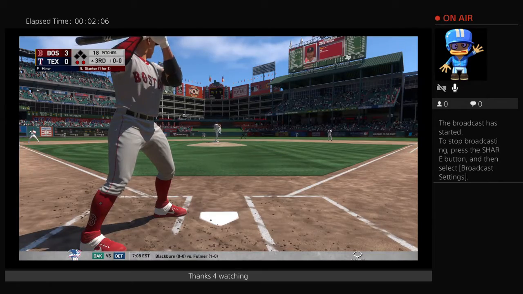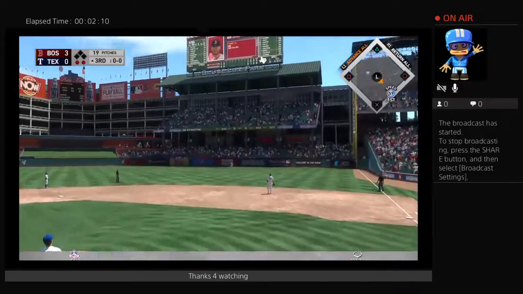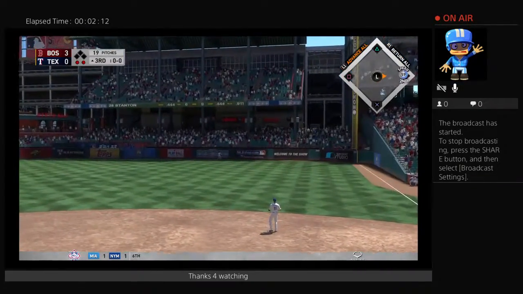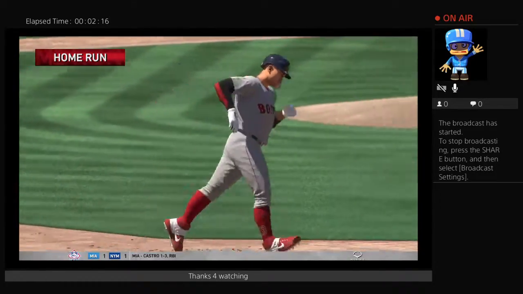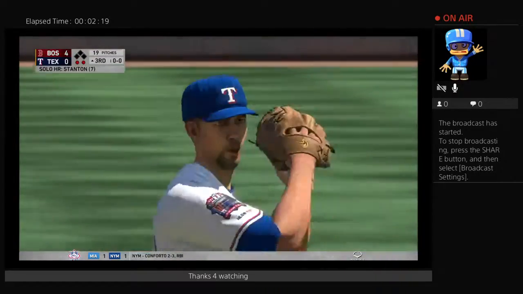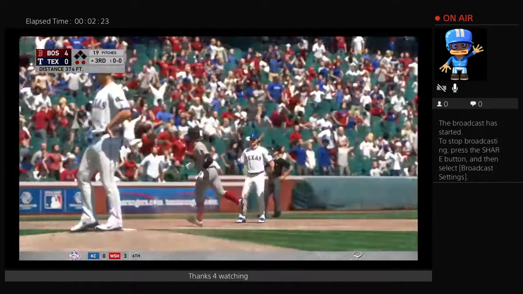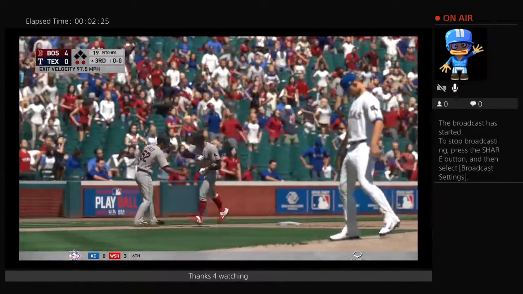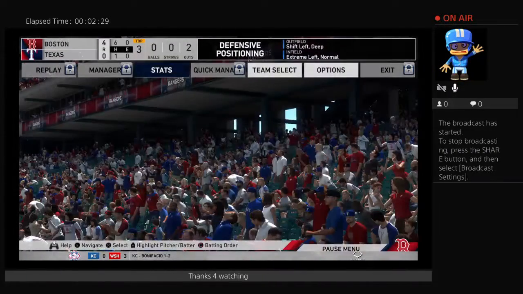First pitch of the at-bat on its way. There's a swing and a drive hit well out to right field. Mazara going back. Gone! A solo home run here off the bat of Giancarlo Stanton. His second of the game as the Red Sox open